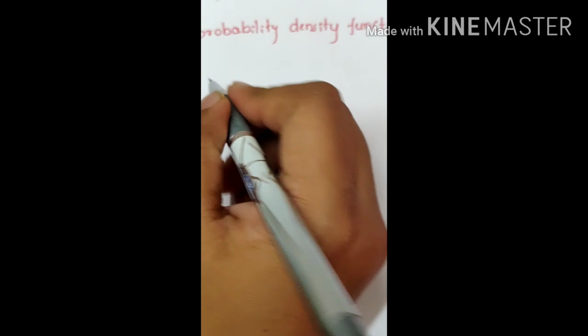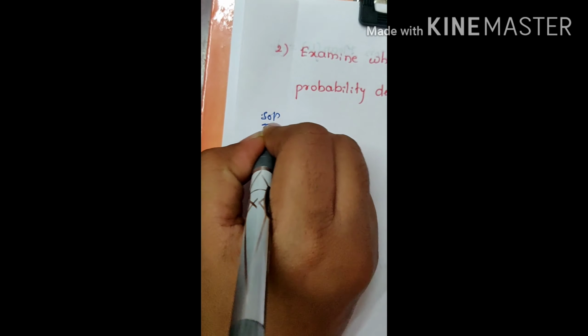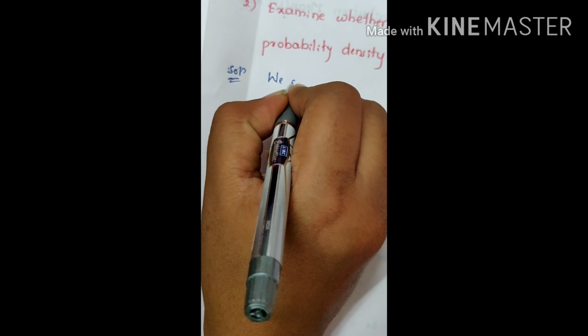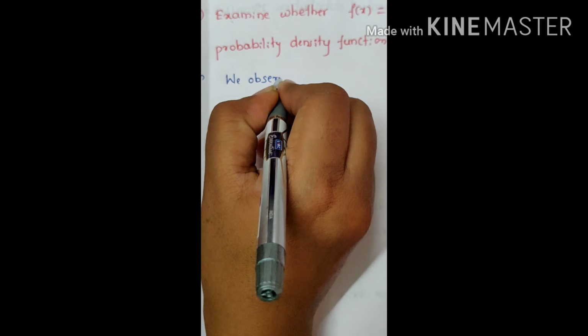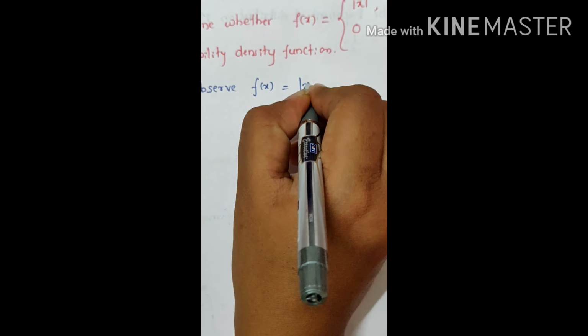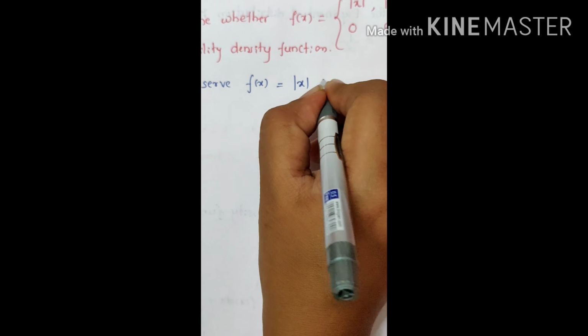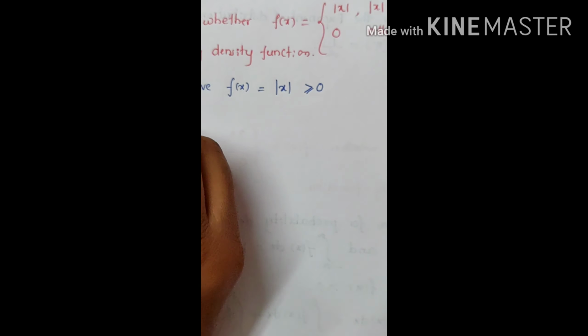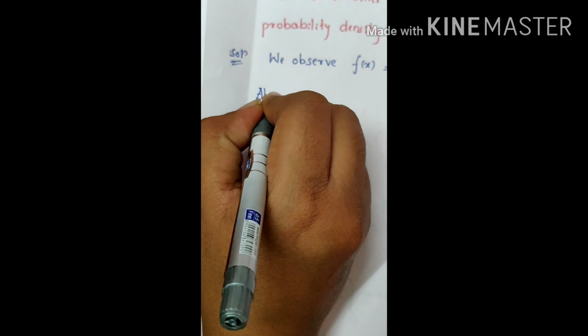So as in the previous example, we just have to check the two conditions. So we observe here, f of x is what? It is the modulus of x. Mod x is greater than or equal to 0. So also,